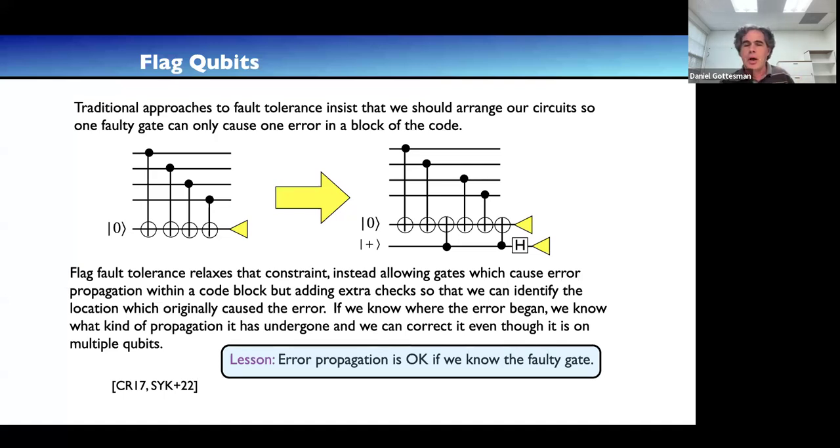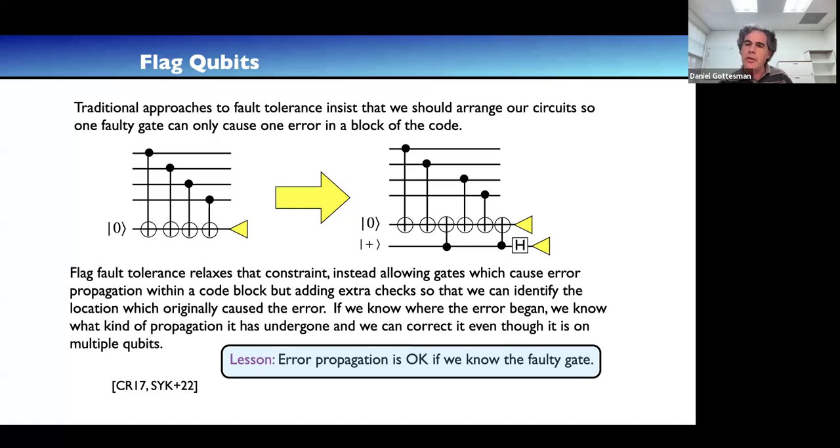Because then we'd have a code that has a 2-qubit error, for instance, which is going to be harder to correct. But flag fault tolerance says, actually, you know what? Maybe it's okay if it does propagate there, so long as we know that that's what happened. And so flag fault tolerance, as shown in the circuit on the right, and I won't go through exactly how it works, but what it does is it checks the ancilla to see if there's been an error. And it checks to see if there's been an error at one of the points where it would cause a problem in terms of error propagation.